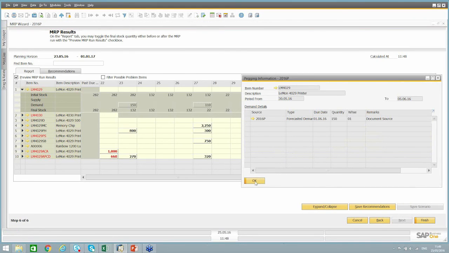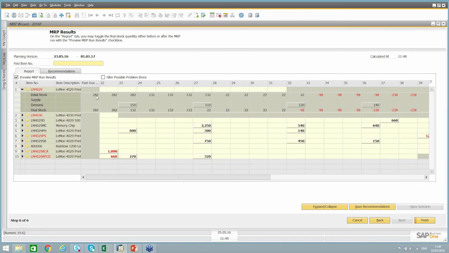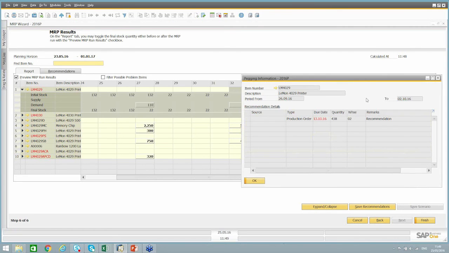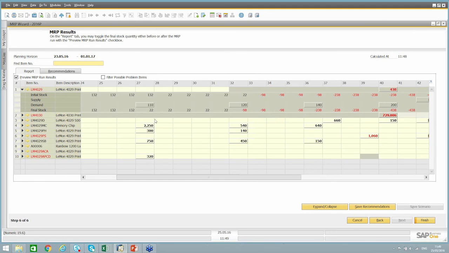So I can see there's a forecasted demand. I've got 282 on hand, so I've got plenty to cover that. Then I've got another demand of 110. I'm okay to cover that. Then I've got a demand for 120, and now I'm getting into the red zone. I don't have enough to cover it. And my cumulative lead time is such that I really only will be able to make this item in week 40. Right? It's telling me I'm late,